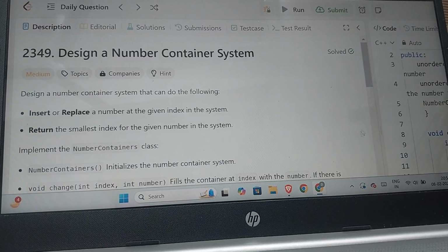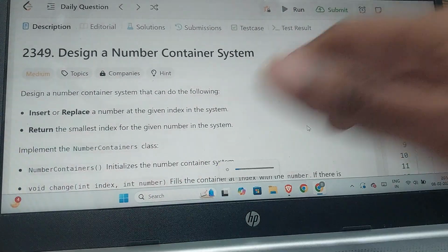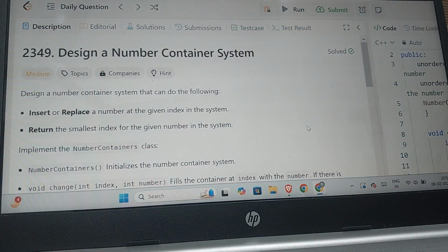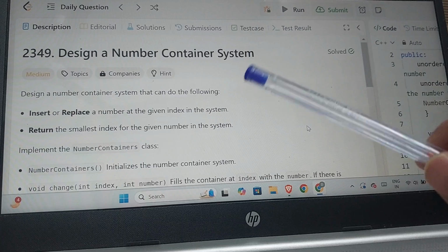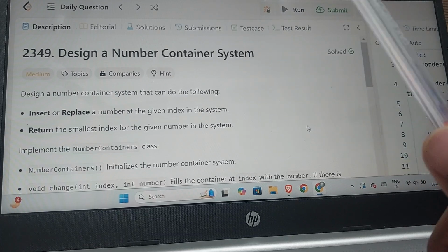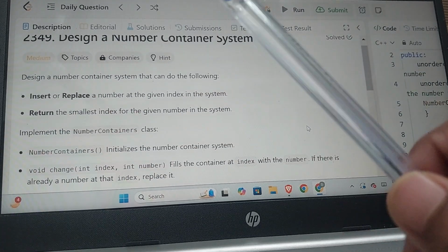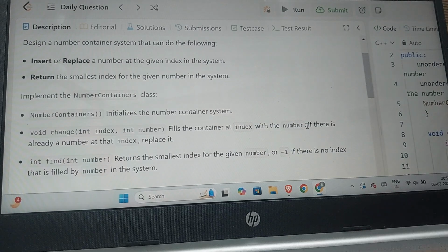Hello, this is the LeetCode POTD of the 8th of February. This is the question: design a number container system. In this question we have to design a class. We are given NumberContainers and two functions, void change and int find, and we have to